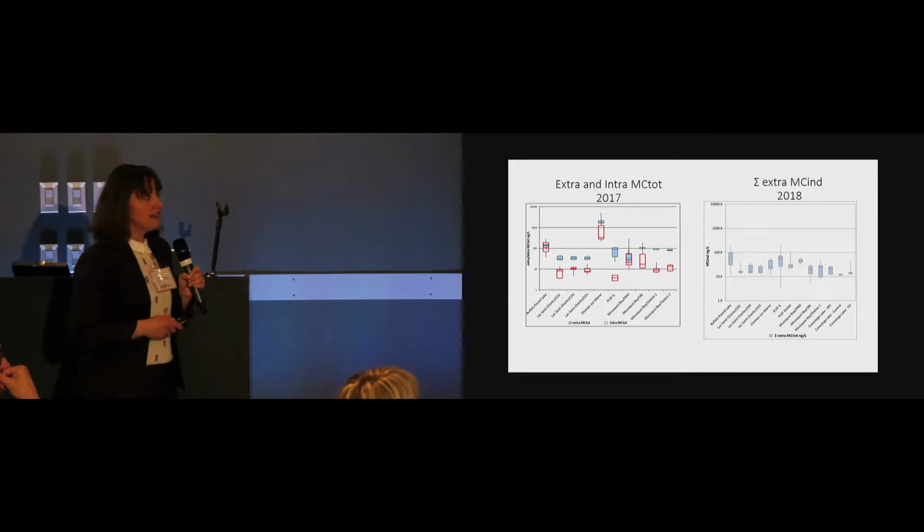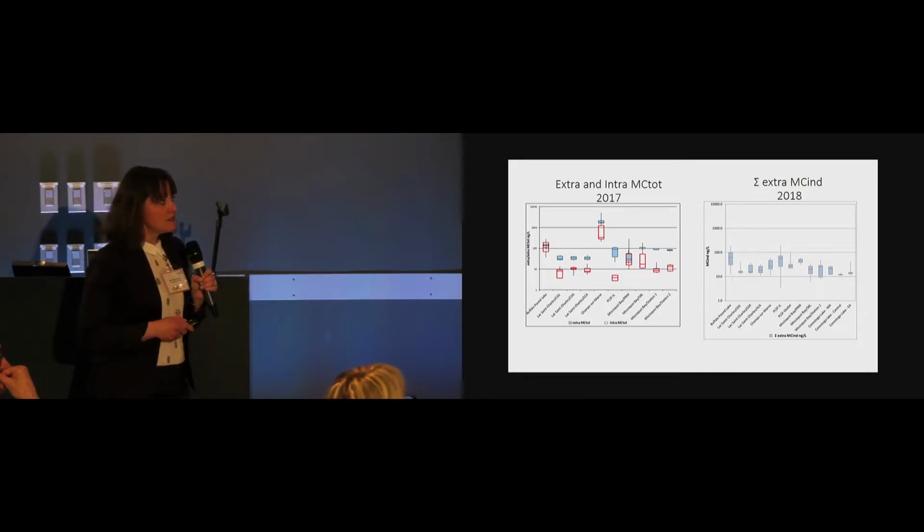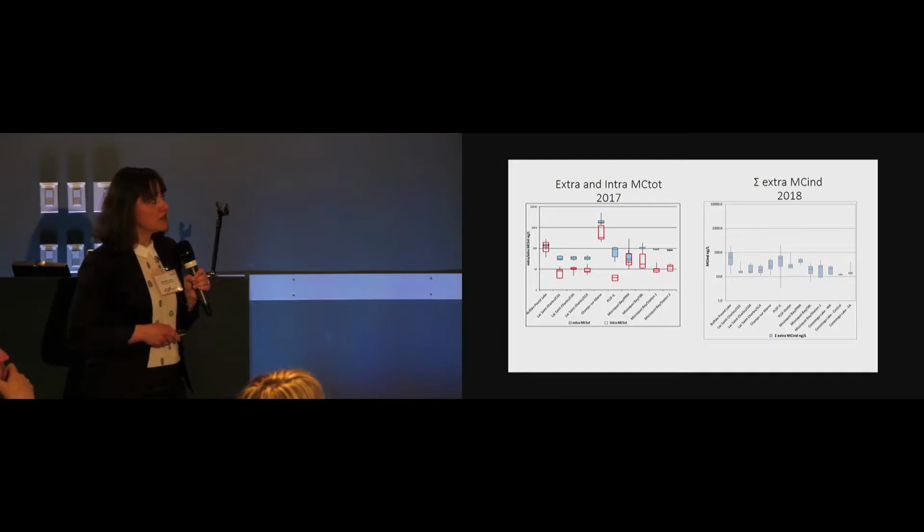But some things that I'd like to show you, for example, is the result of the high intensity sampling sites in 2018. So what I plotted here is the total, and the extra and the intra. And what we realize, in fact, is that the extra is a higher quantity than the intracellular. I was expecting something different. I was expecting a higher quantity for the intracellular versus the extracellular, but that's what we got for 2017,